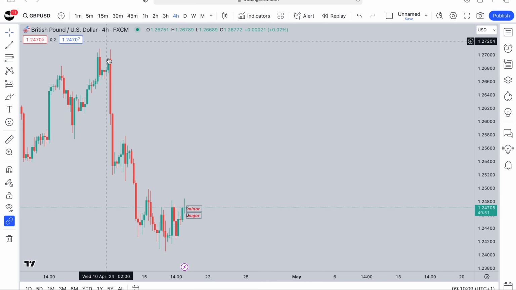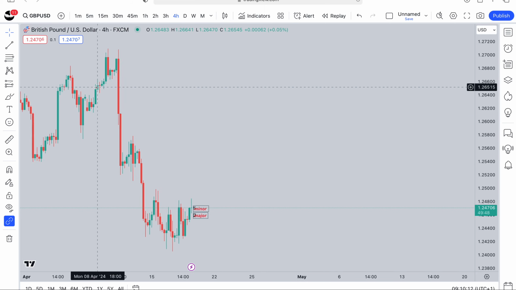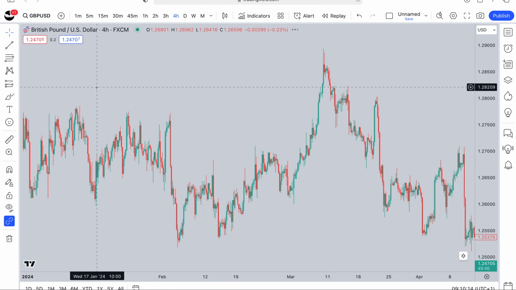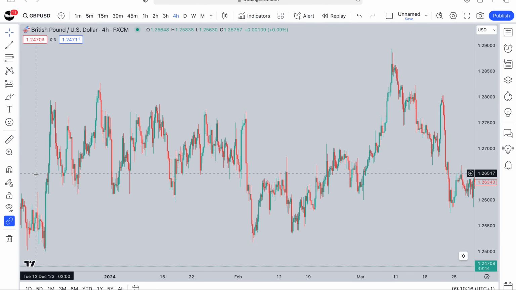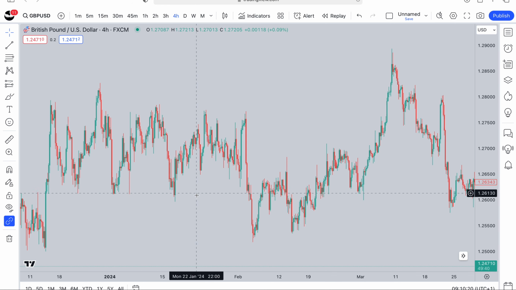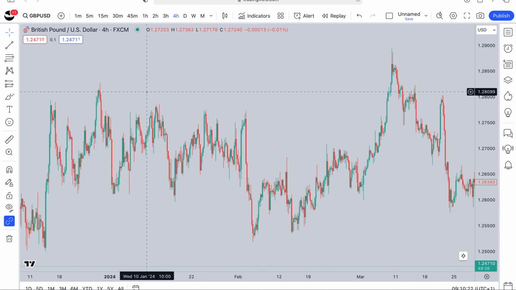You can take a screenshot of it, compare it. Let's try and look for a major consolidation. Well, if you look at something like this, this is a major consolidation. You can see you've got your top and your bottom, right? And price is just doing a whole